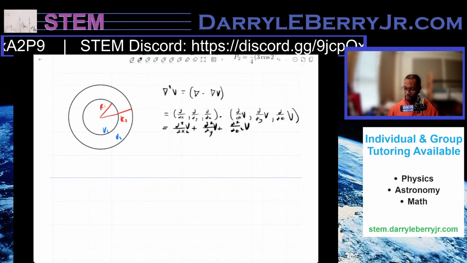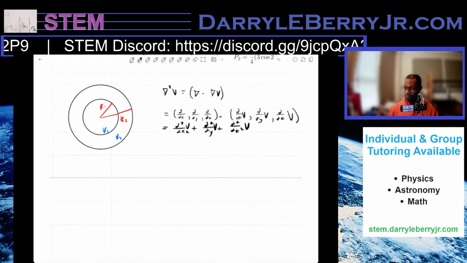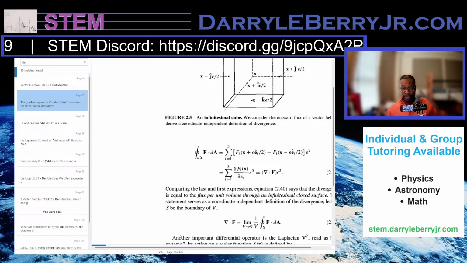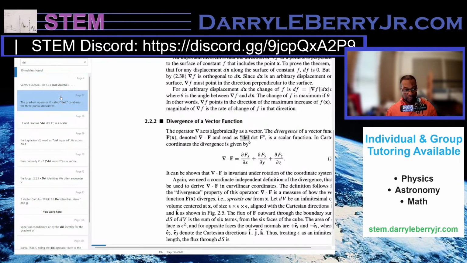Convenient spot. There we go. Now I figured it'd be easier to find the default del in spherical coordinates in the book,